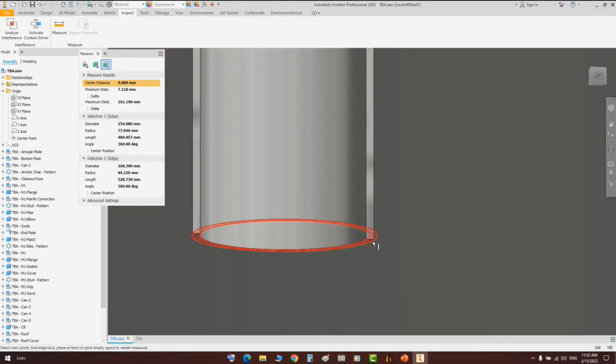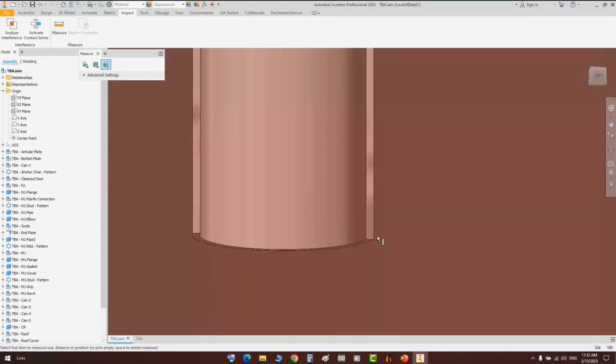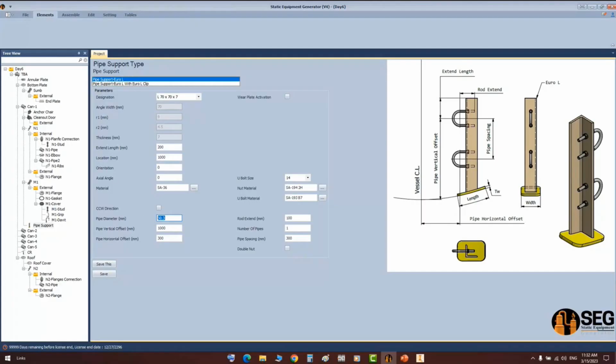So let's measure the outside diameter. From here, let's take this value and put it here, which is 6 inches pipe diameter. And the pipe vessel offset from the center line is 0. Pipe vertical offset is 500 millimeters, because we made the offset of the pipe 6 meter 0.5. So the offset from the inner surface of the vessel will be 500,